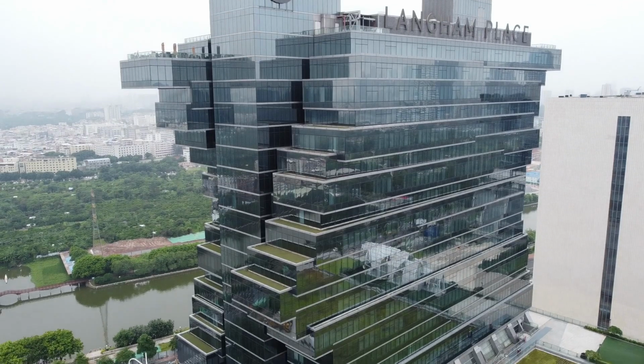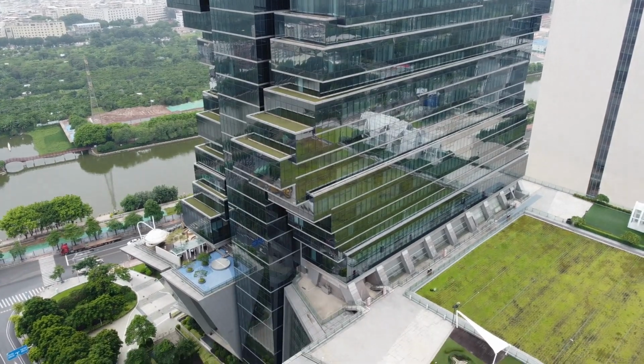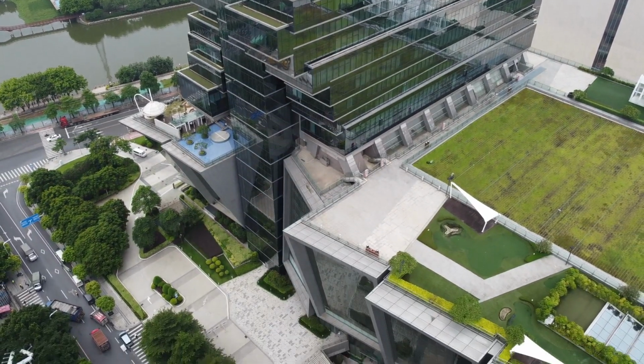This property is part of a 3-parcel group, and next to it is a very old office building that's completely vacated, and then next to that is another mall/office building that is only partially occupied. And the only restaurants that are there get traffic from the metro station that's underneath the mall itself. So I feel like this property is a cash cow. It is generating revenue to keep these parcels afloat, but it'll be interesting to see in a year, 2 years,